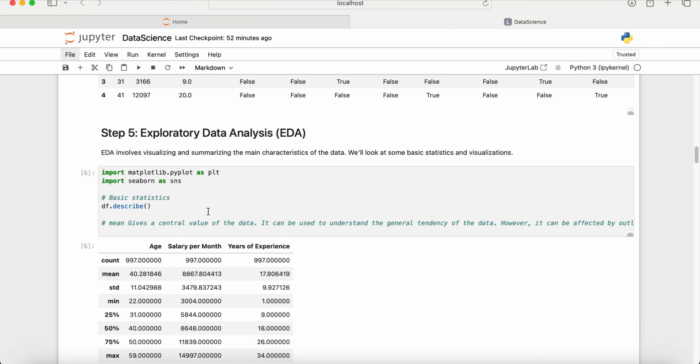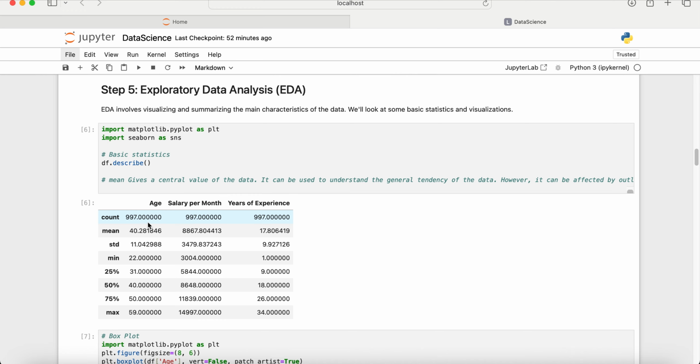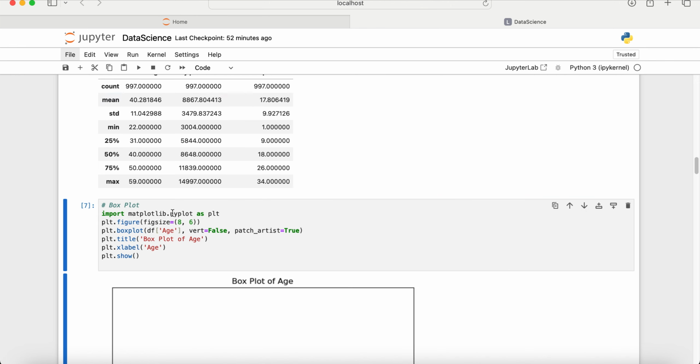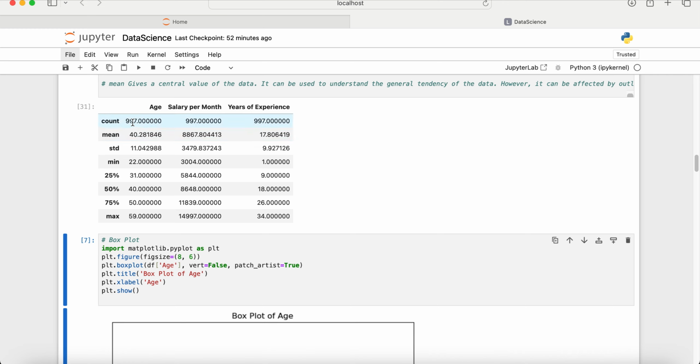Here we say describe the data. What it is giving me is the count: there were 1000 records, I removed 3, so after removing those 3 missing records there are 997. It's giving me the mean, which is the average value of the observations. Standard deviation is the measure of the amount of variation of a set of values. This is the minimum value. 25% means what is in the